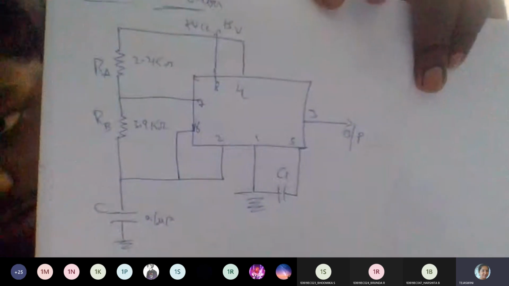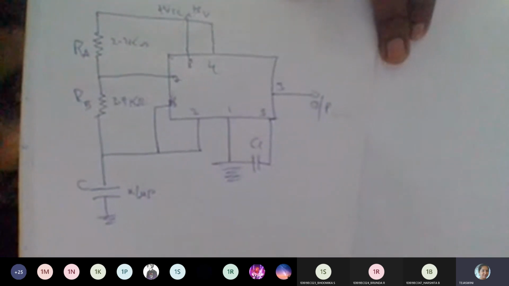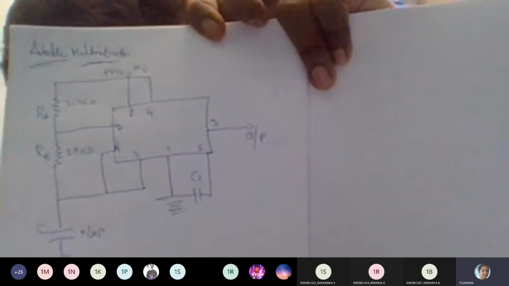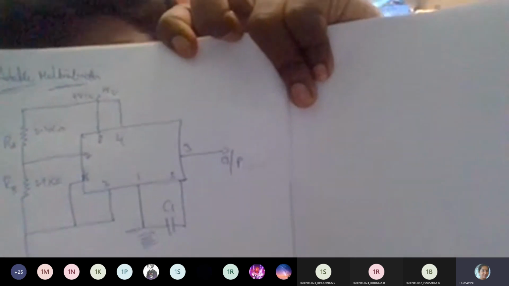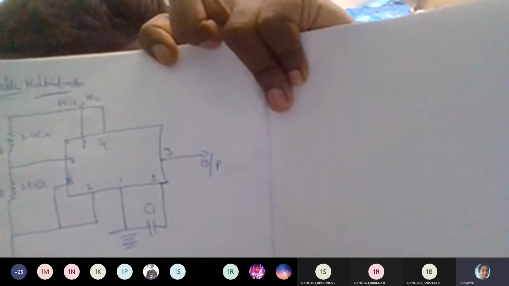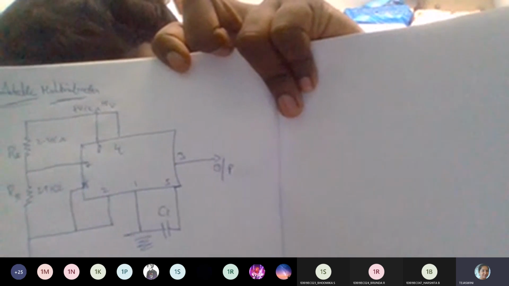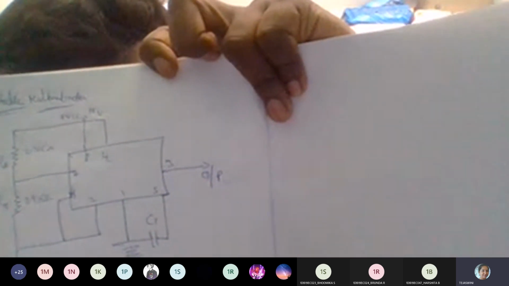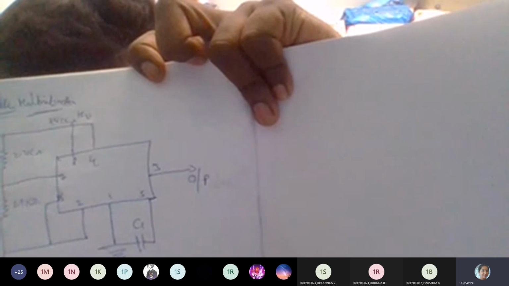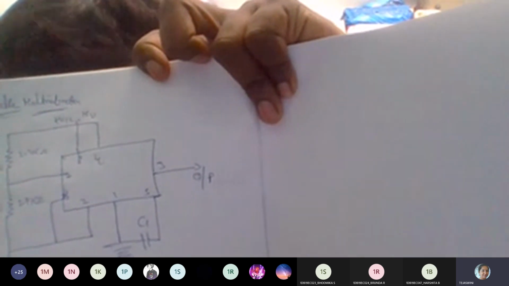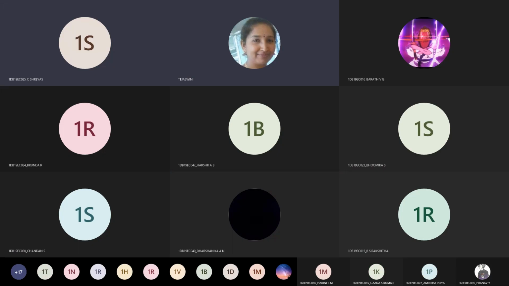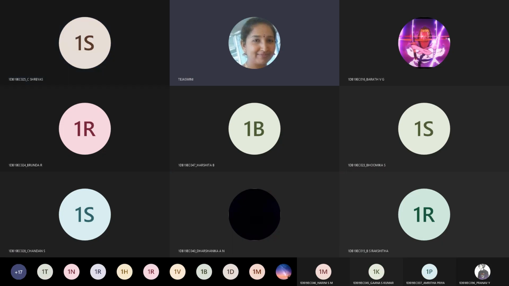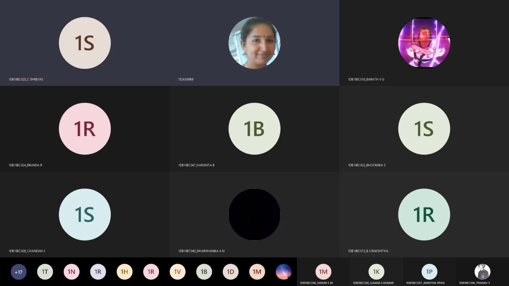You can write the expression, or you can tell orally. If you are doing it on mobile, you can tell orally. Laptop, ma'am. And T is equal to TC plus TD, ma'am. First we'll do that, then finally we'll have to find the frequency F naught, that is 1 by T, ma'am. I hope you have all studied. So start.